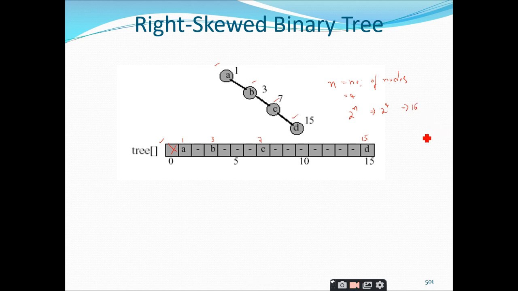Yes, sir. So the maximum size of the array needed to represent a binary tree, which you get for the right skewed binary tree, is 2 power n. What could be the minimum size for 4 nodes? Minimum size means don't consider the right skewed binary tree. The right skewed binary tree is to be considered only when we want to find the maximum size of the array, right? Why? Because it extends only towards its right hand side, therefore it gets the maximum size.